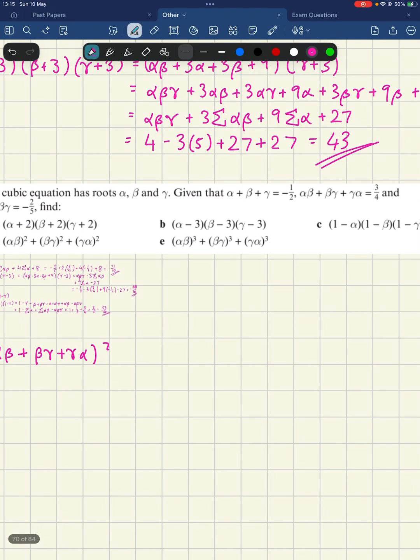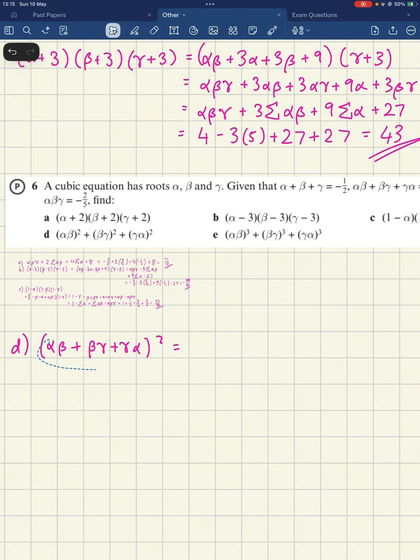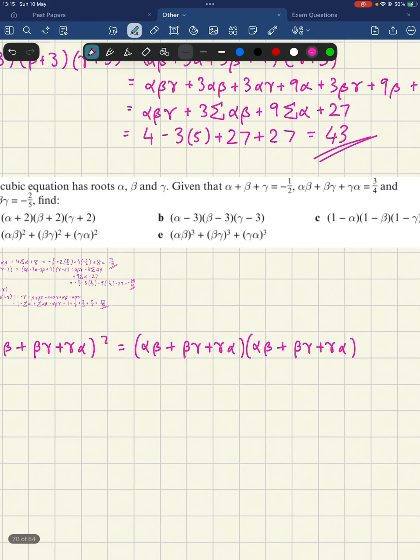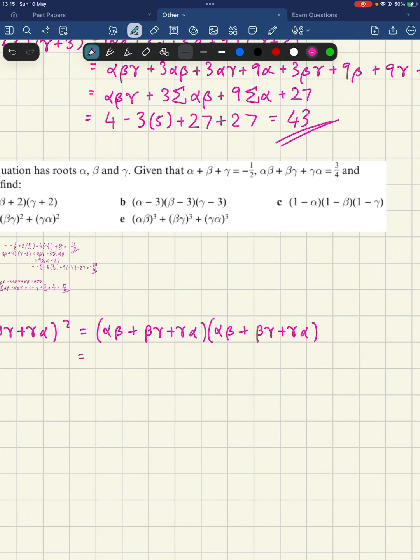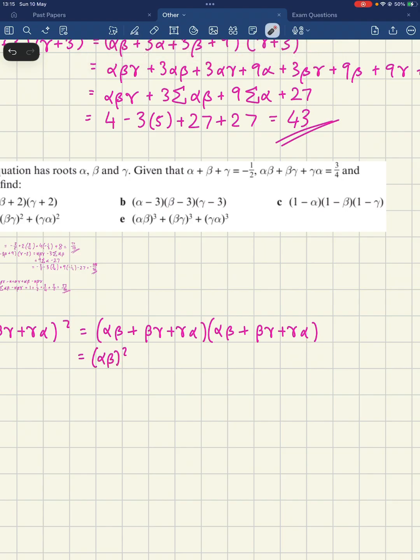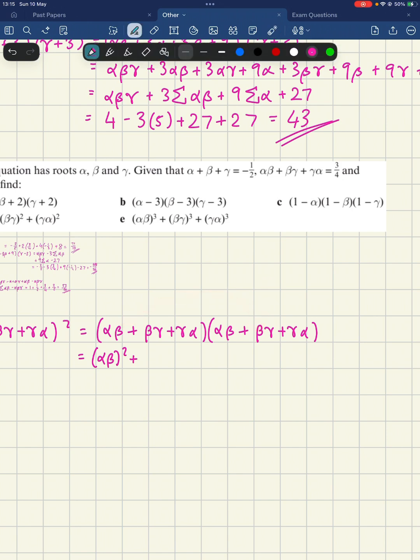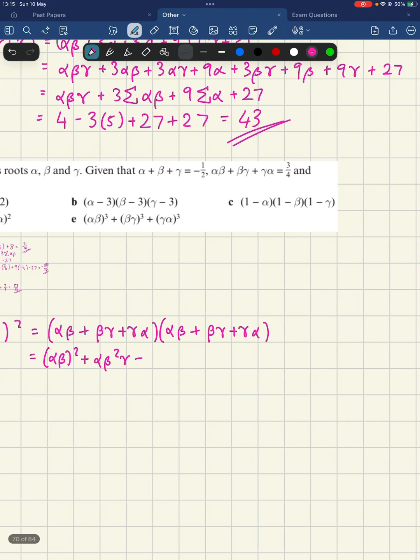When we expand this, well, this is just 2 lots of these brackets, and now we're just going to have to expand all of this out. Alright, well this will be (alpha beta) all squared plus alpha beta squared gamma. Okay, I'm just going to go ahead and do all this. Plus